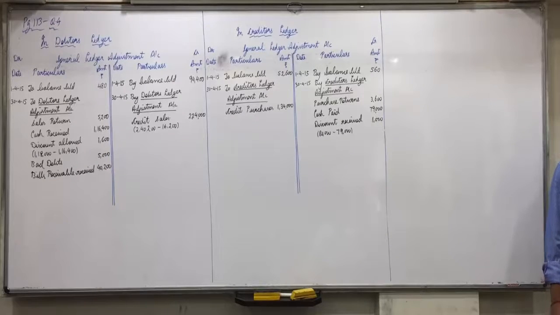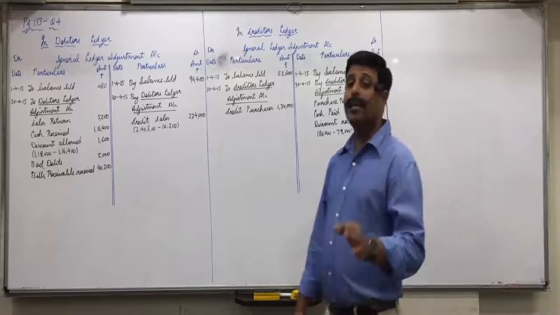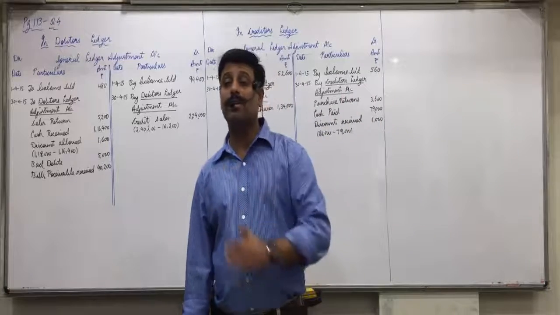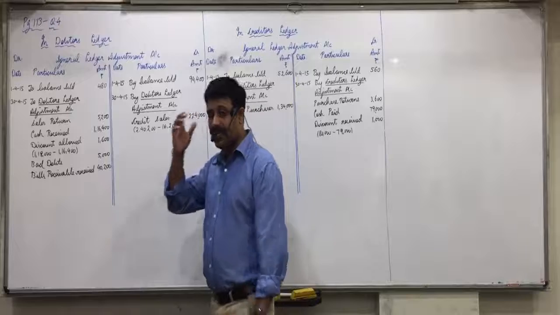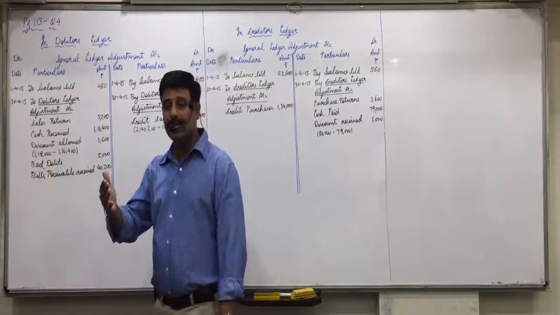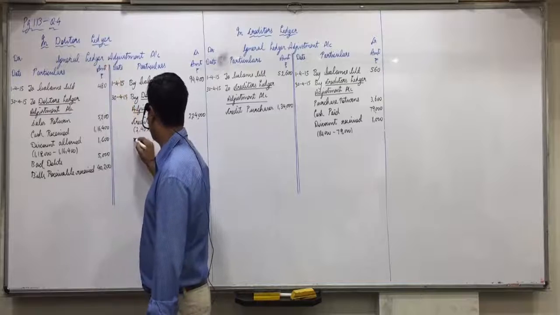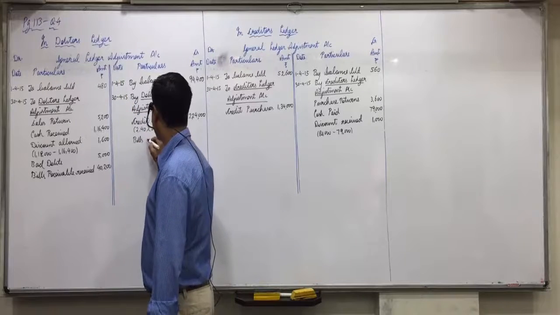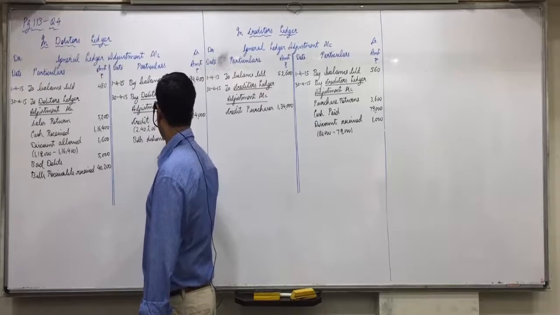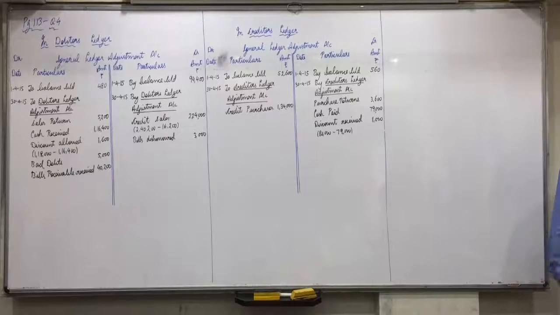Bills receivable dishonored, not being endorsed bills. Normal bills receivable dishonored. Yes, debtors account debit to bills receivable. It is a reverse entry. When we receive the bill, bills receivable to debtors; when dishonored, debtors to bills receivable. To bills receivable, so general ledger on the credit side. Bills dishonored. What is the amount? 3,000.